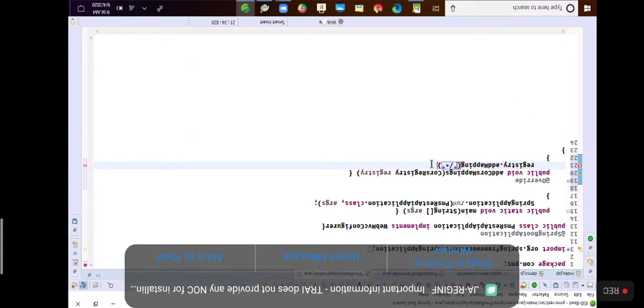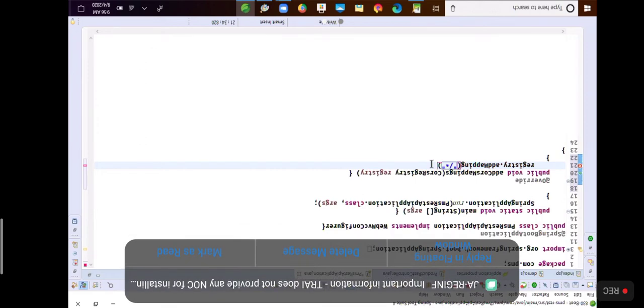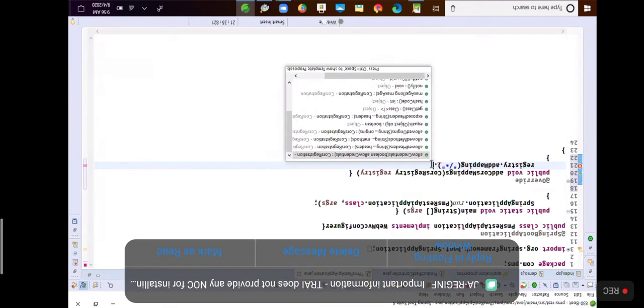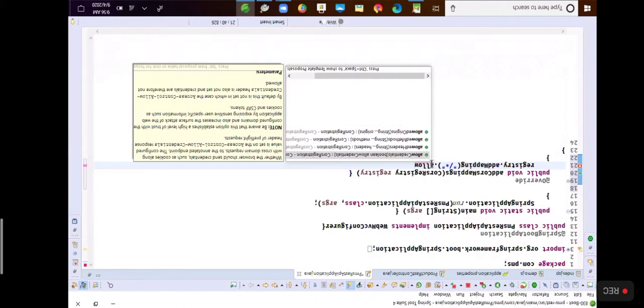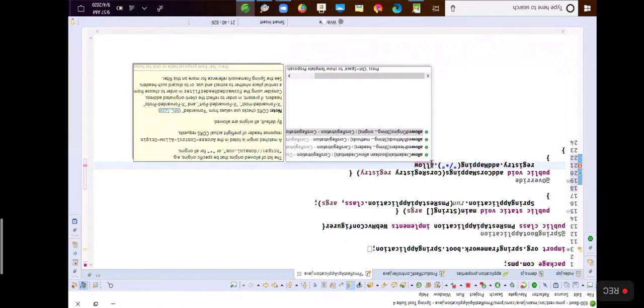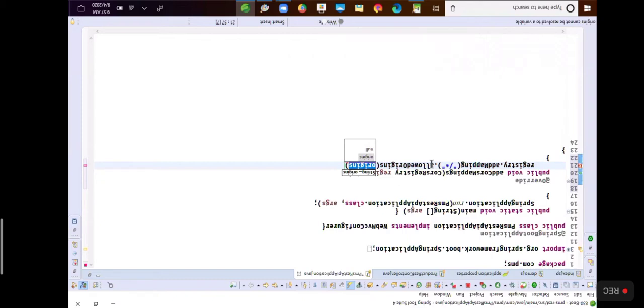Now you can specify which origins are allowed to access the endpoints. Say allowedOrigins, any origin, asterisk. So what does it mean now? All endpoints, all the paths are enabled with CORS support.